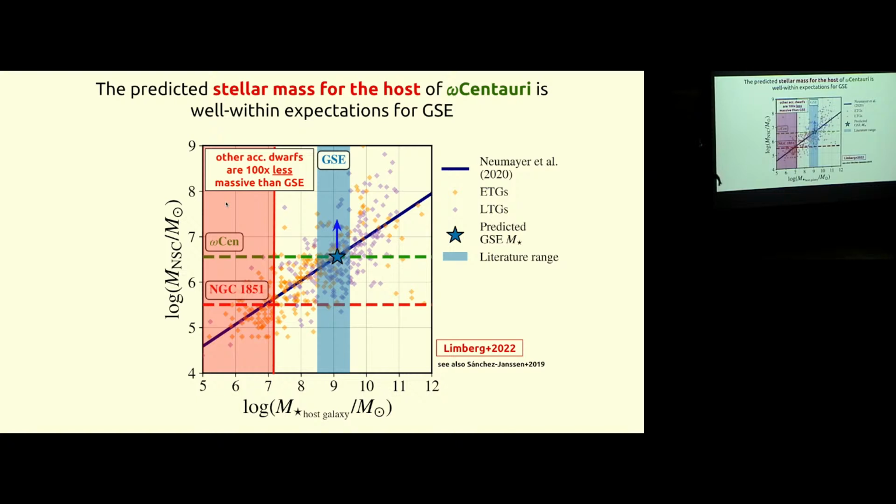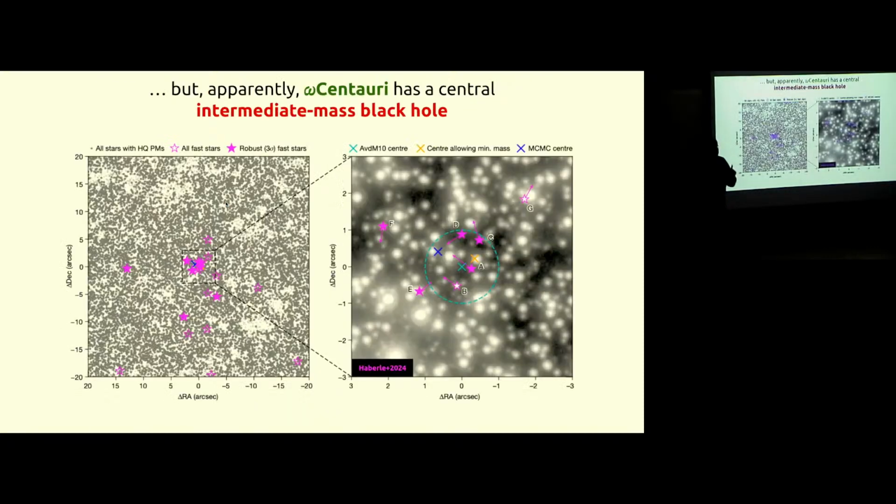Now we have new things, because people have actually discovered an intermediate mass black hole inside ωCentauri. This is a result that was published a few months ago. On the left is just a spatial distribution on the sky of stars in gray that have high quality proper motions from Hubble. So this is the central region of ωCentauri with a humongous baseline of like 20 years from Hubble, and also with more than 500 exposures.